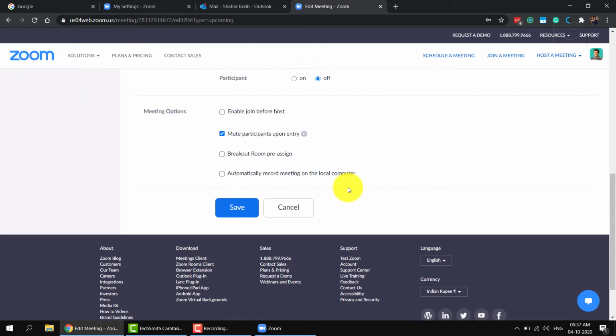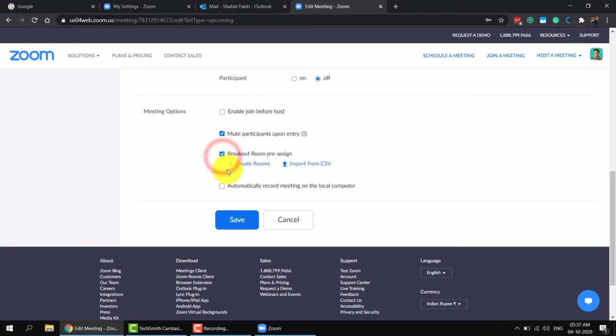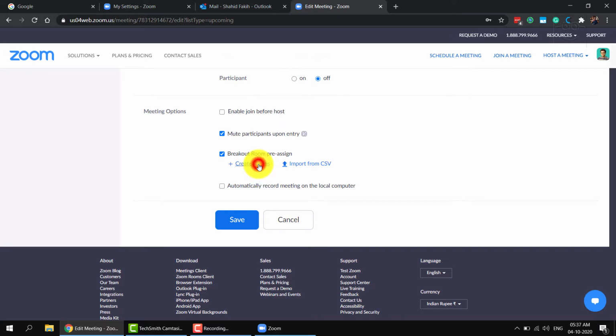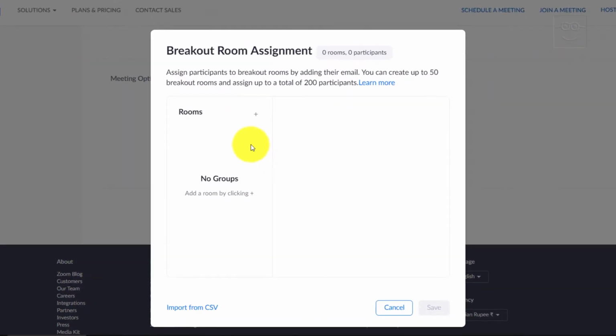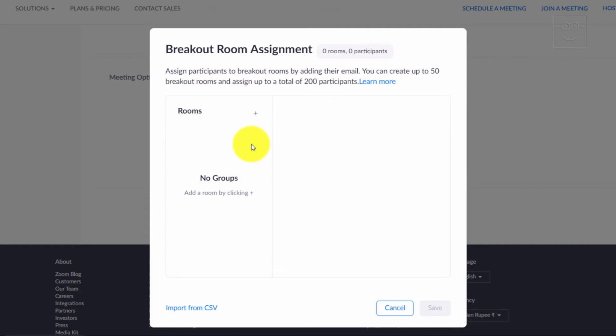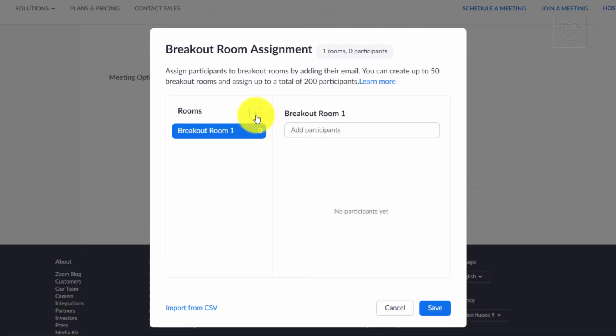Now scroll down to the Meetings option and check Breakout Room Pre-assign. Then click Create Rooms. A breakout room assignment window pops up. Click on the plus sign next to Rooms. Now on the right you can see Breakout Room 1.